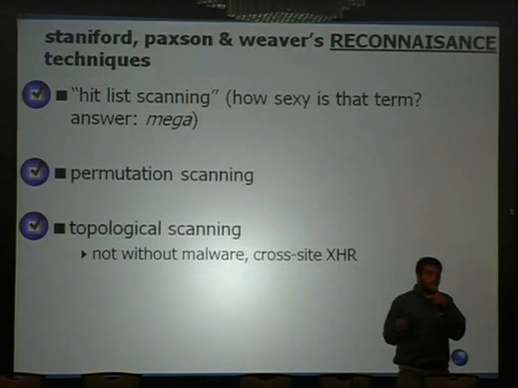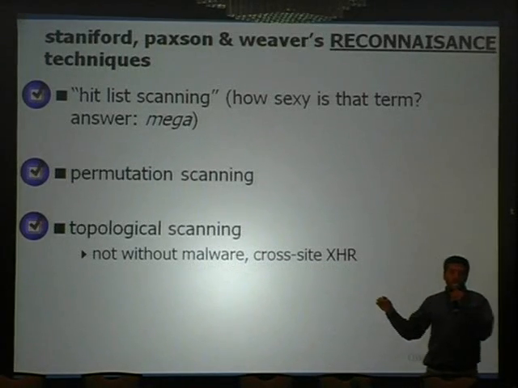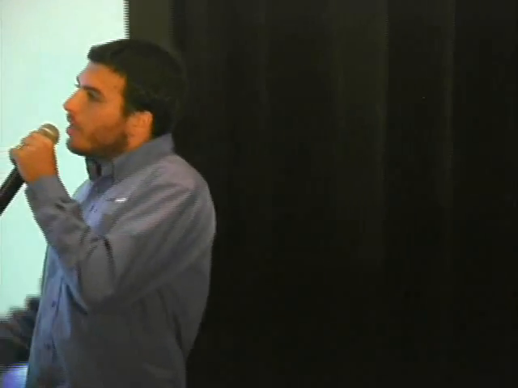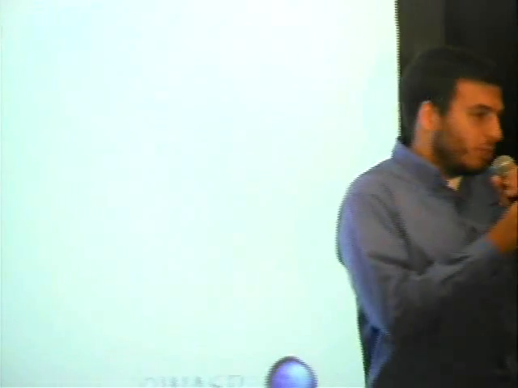Okay, so this is that idea of you seed it 50 times, and then you're kind of overcoming the initial slow growth rate, so you jump right to the exponential goodness. Okay, permutation scanning is another technique, meaning basically if the worm nodes have a way of automatically figuring out if a certain site's been scanned, and then it can go and do the next site. It's not going to duplicate effort. So this is something that's possible that worms aren't doing now. Topological scanning, not possible today, but going to be possible in the future.